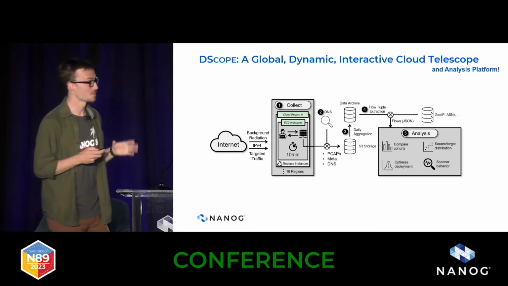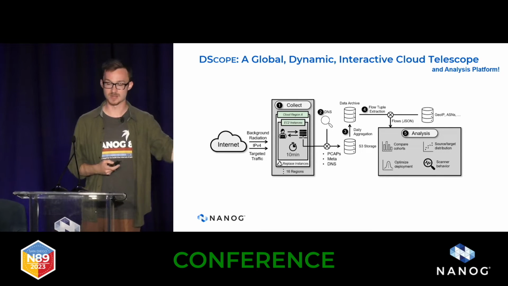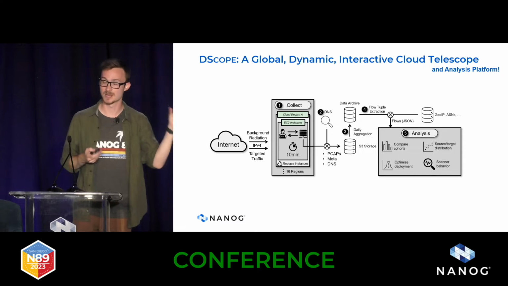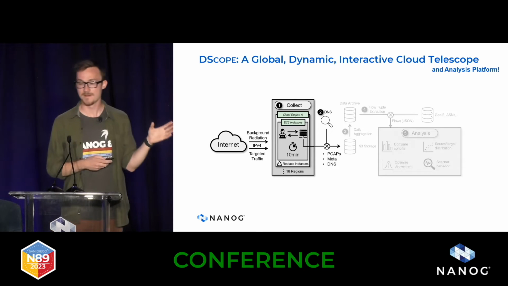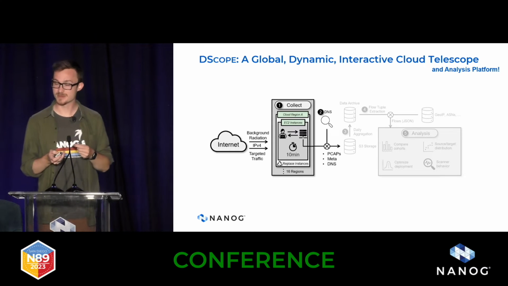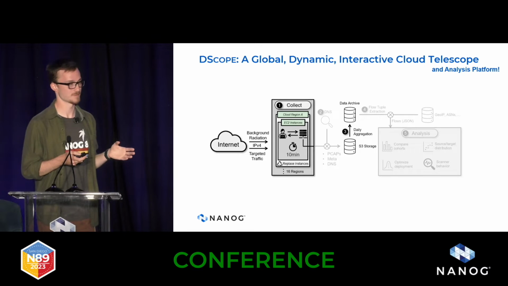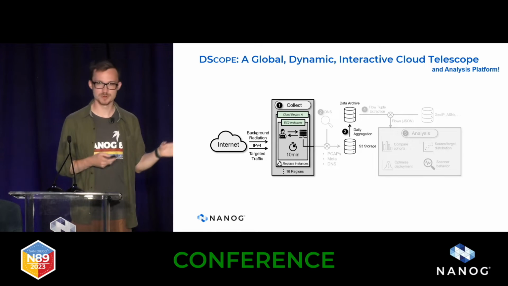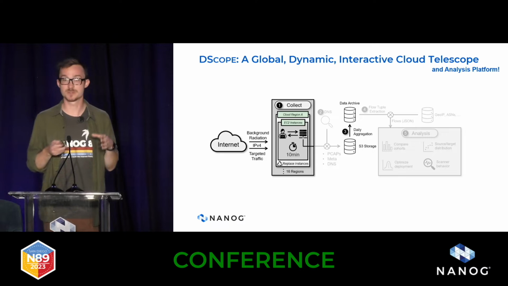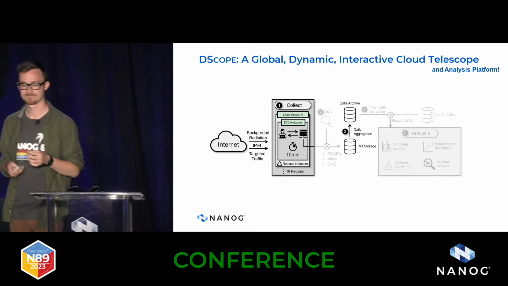Now, of course, DScope isn't just a data collection platform, but also an analysis platform. We take all of this data collected by these instances, about 30,000 instances a day. We consolidate them into packet captures, information on HTTP requests, associated DNS records, and so on, and we store all of that to S3. And on a daily basis, we produce these archival data files that we can use to look back in time over the years about how this traffic phenomenon changes.